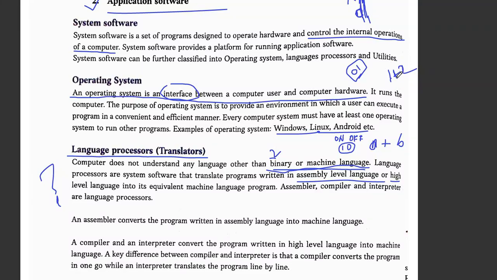We need to convert this into assembly level language, sorry, into machine level language. If we need to convert it into machine level language, then 2 means